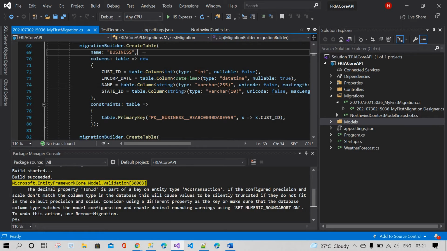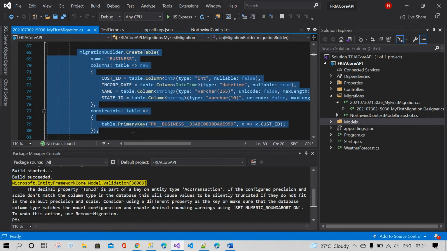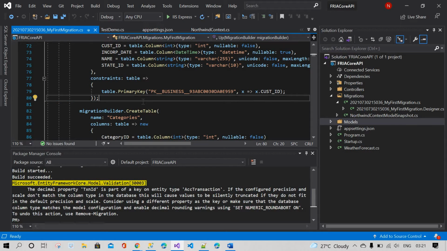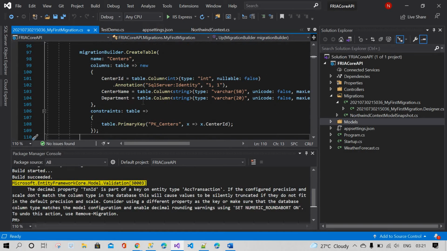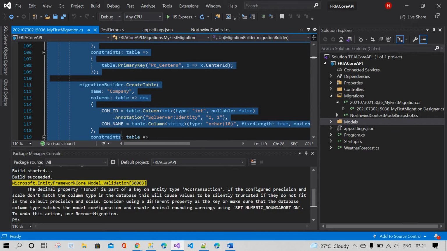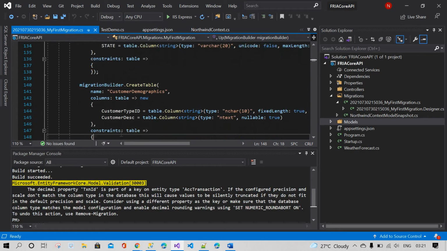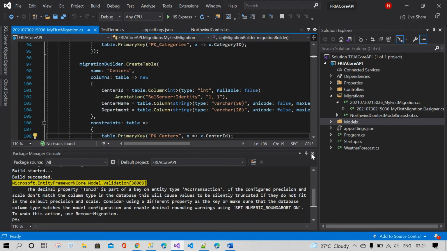Copy any one of the tables from here, any migrated table, just copy this. Anyone is fine, the easiest one, I will show this. Okay, it's very big. Just a minute guys.